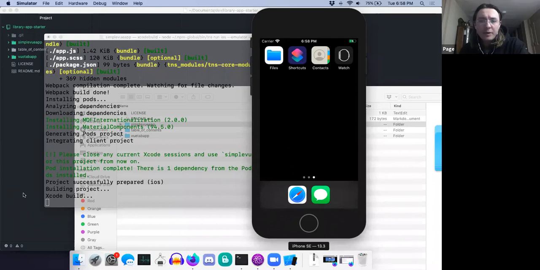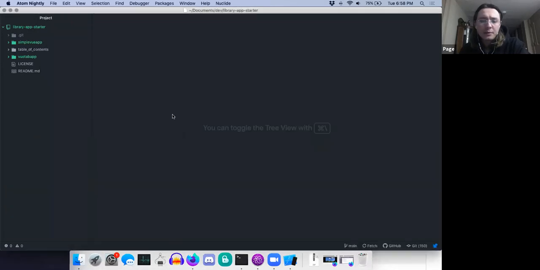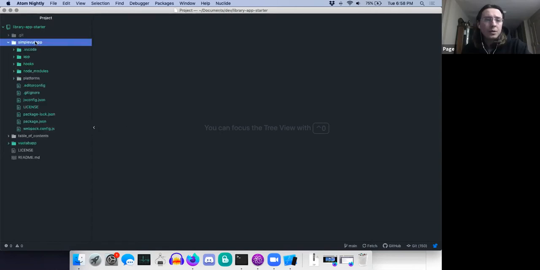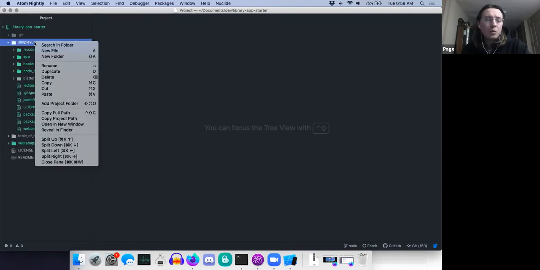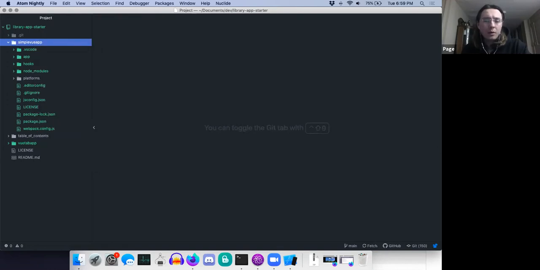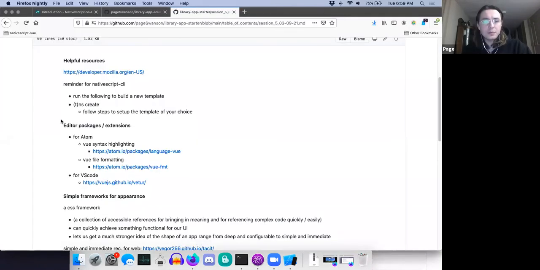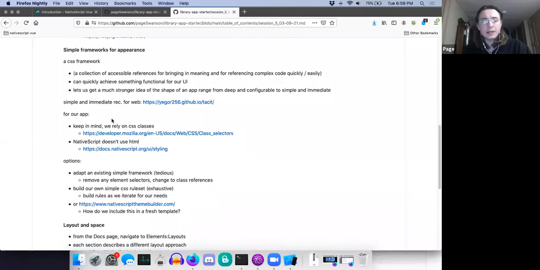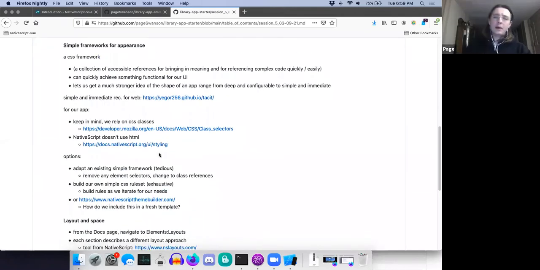I'm going to let all of that happen in the background because I'm not super concerned until it actually installs, so that I can show you what that looks like. In the meantime, what I'm interested in is opening up this folder. I'm going to open this one to show you what is going on in here as it relates to some of the notes that I have prepared for today's session. We already talked about editor extensions and stuff like that. So the next thing that I really wanted to talk about is